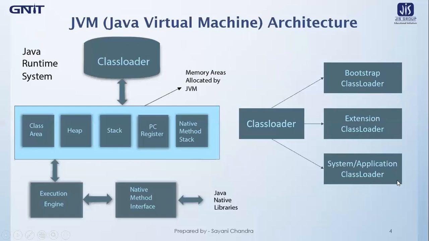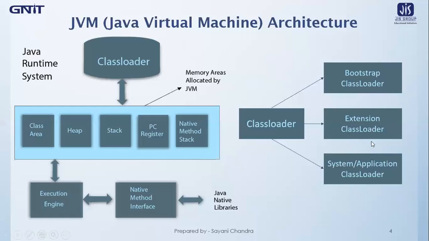Now let's explain each of these one by one. The first class loader is the Bootstrap class loader, which is the superclass of the extension class loader. Now this Bootstrap class loader loads the rt.jar file, which contains all class files of Java Standard Edition like java.lang package classes, java.net package classes, java.util package classes, java.io package classes, java.sql package classes, etc.